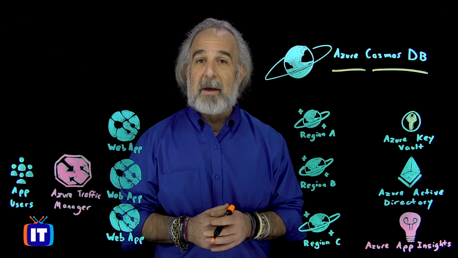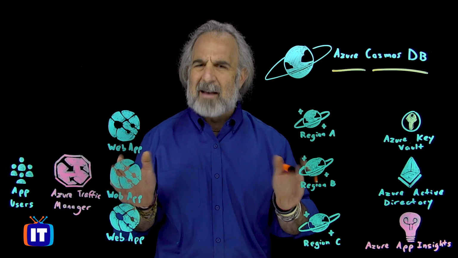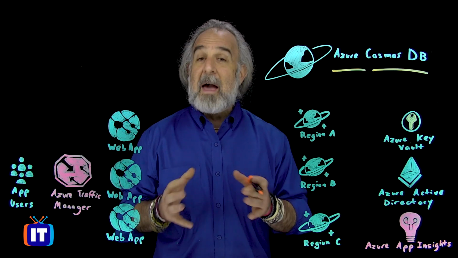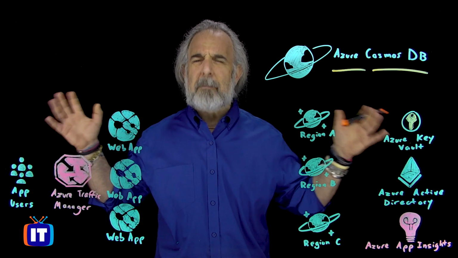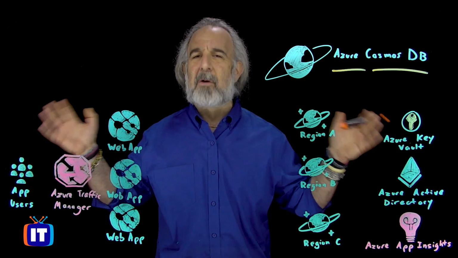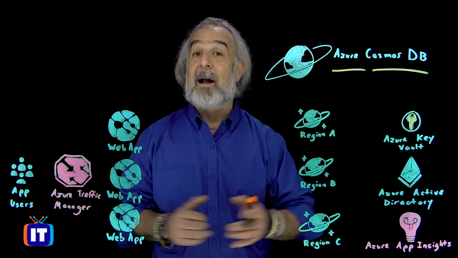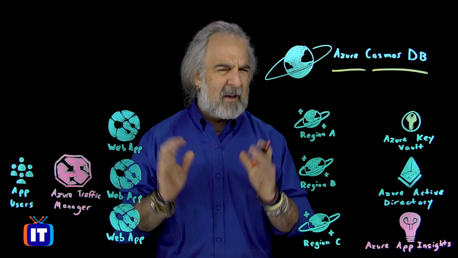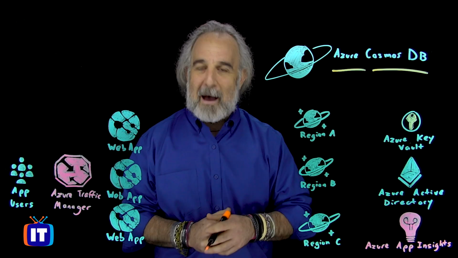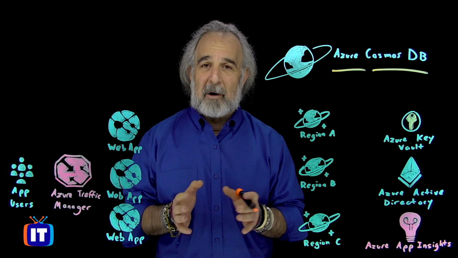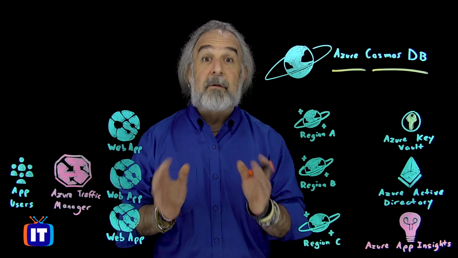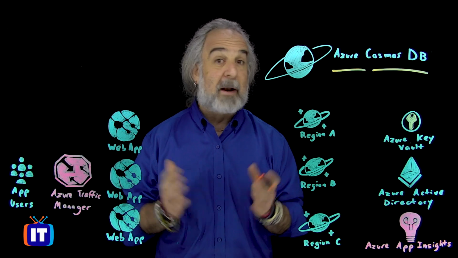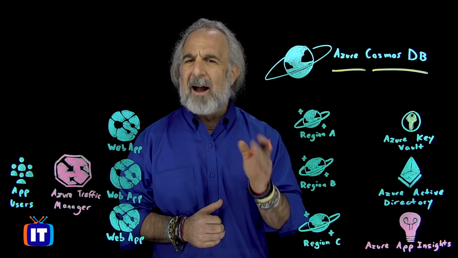The Azure Cosmos DB database is all about scale, massive scale. Imagine taking that Microsoft Access or Microsoft SQL database and stretching it as far as you possibly can, and then stretching it even more and even more, wrapping it around the entire Earth. And then imagine that you can put so much information into that database, the biggest number you can imagine, multiply that by the biggest number, and then take that number and multiply it by that number again. And you'd still have room left over. That's what Azure Cosmos DB represents. Massive data management at scale in the cloud with guaranteed uptime.